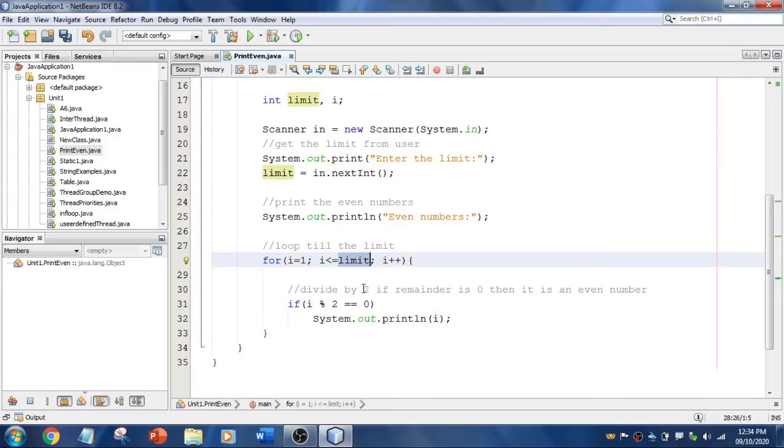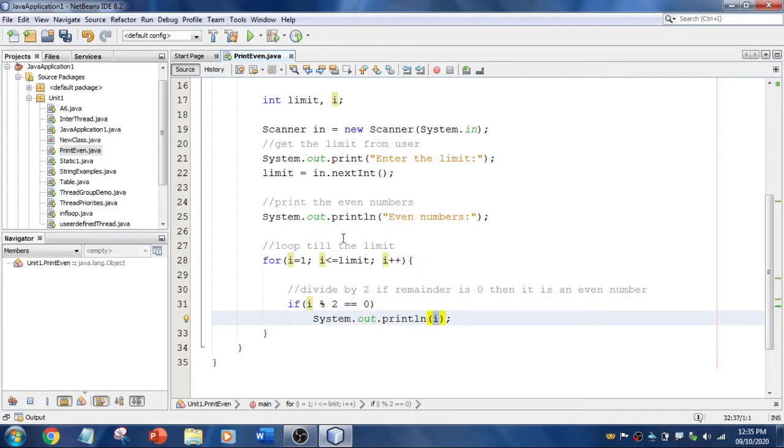While looping, it checks a condition: if i mod 2 double equal to 0, then it is going to print the i value. If true, it prints the i value. If not, it skips this and goes back to the for loop, increments, and again checks the condition. This is the cycle.